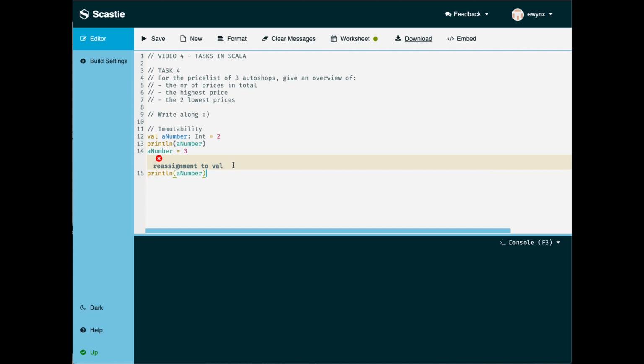Because it says reassignment to val, which stands for value. This is not possible because of immutability. This becomes immutable. We've decided it is 2, and that is what it's going to be. Now, there is actually a way to work around this if you would want, which is a var, which is a variable,